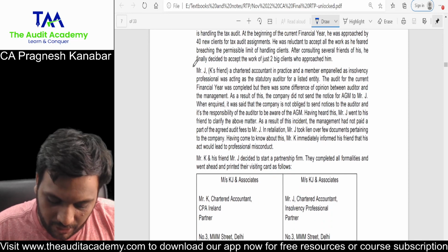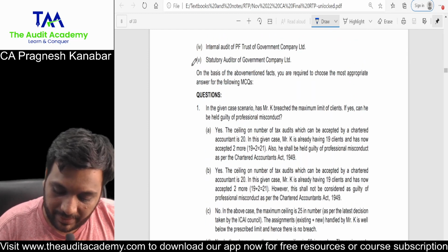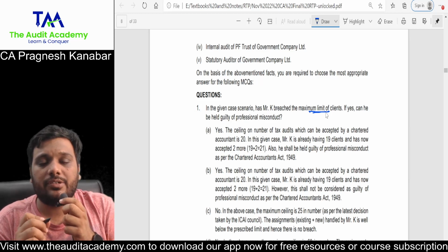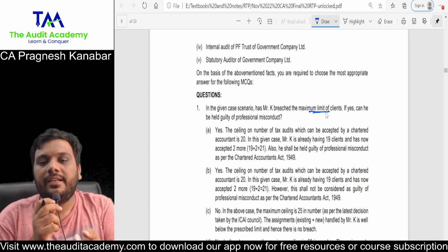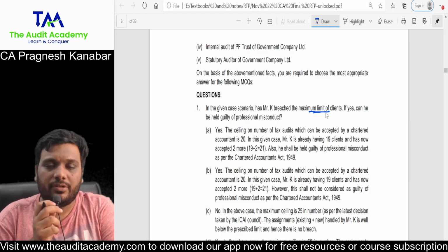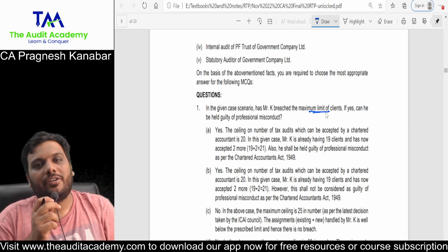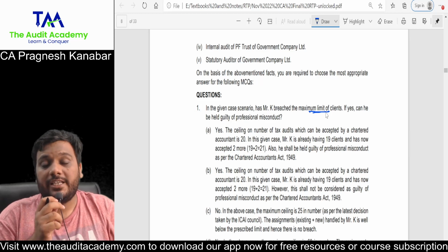Okay, so the first issue in the case study is about the ceiling limit, the maximum limit of clients that can be accepted for tax audit. Now they are basically testing your knowledge whether you know that the ceiling limit on the number of tax audits and the ceiling limit on the number of statutory audits of companies is different. For stat audit of companies, it is obviously 20 companies as per the Companies Act, 30 companies as per professional ethics,